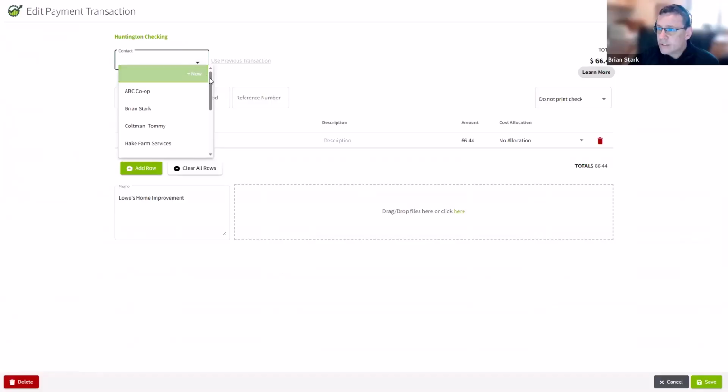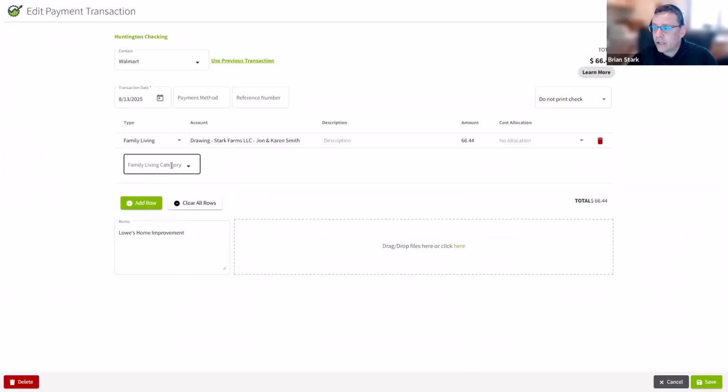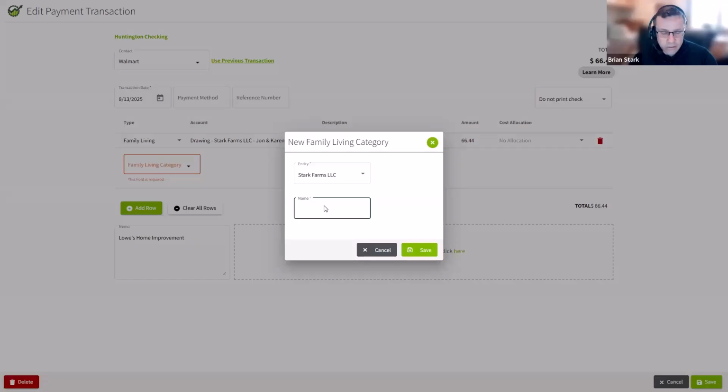If this was something from a different vendor, we can pick it out. Again, this is a whole different entity. But if this was Walmart related and not for the farm books for this entity, you could, like Scott said, choose family living here and even choose the category and add your own categories to Traction